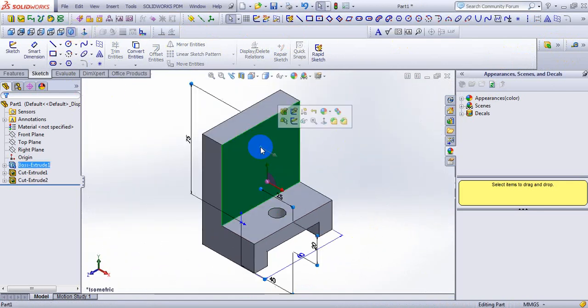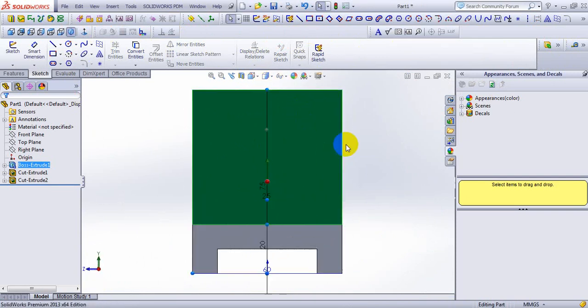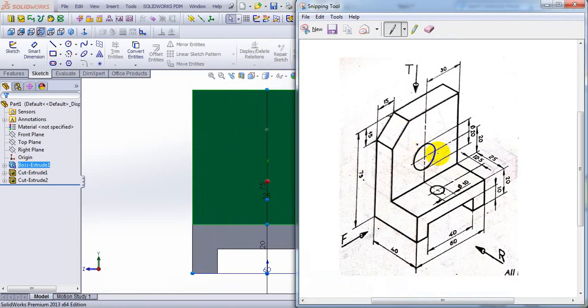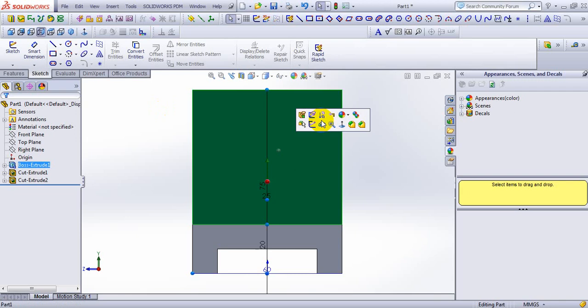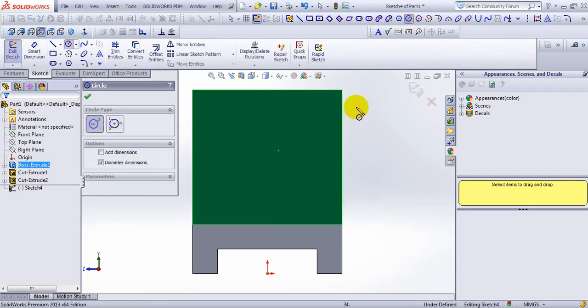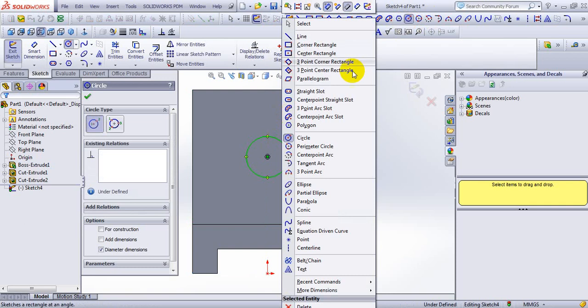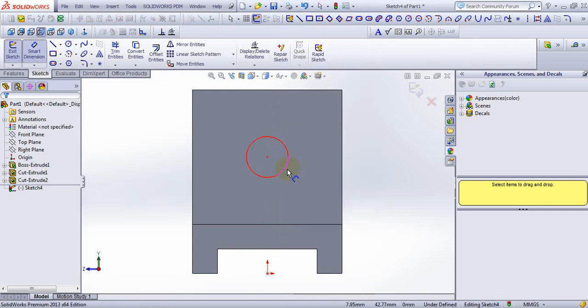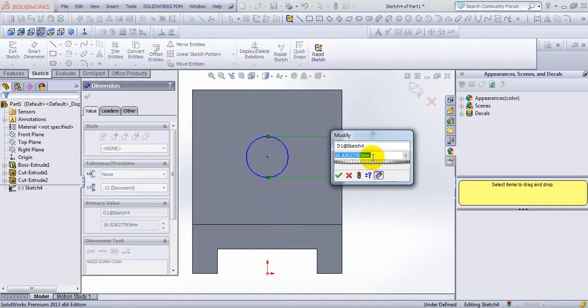Now select right face, normal to. Select once again circle, draw one circle of diameter 20. Make dimension. Diameter of this circle is 20.